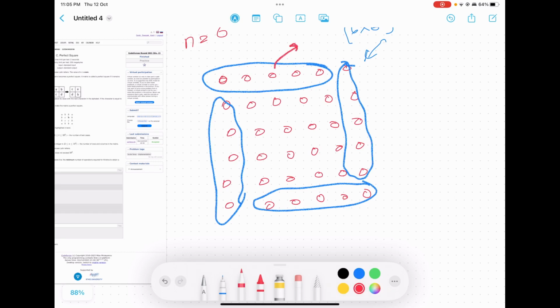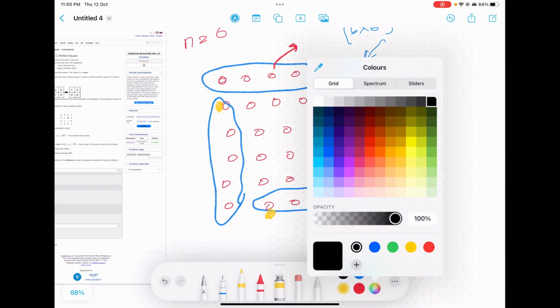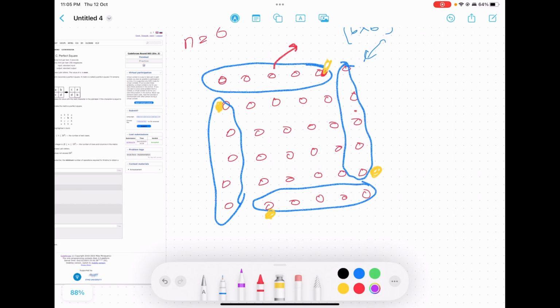In this, the first element should be equal to this first element, and this first element should be equal to this first element. The same for the second element. This should be equal to this, and this.